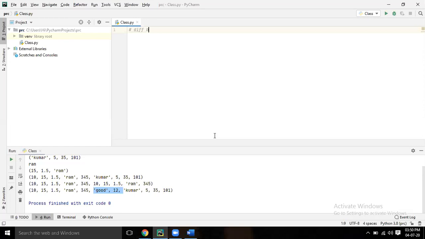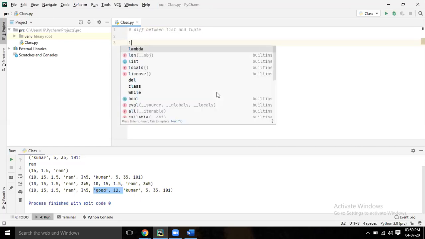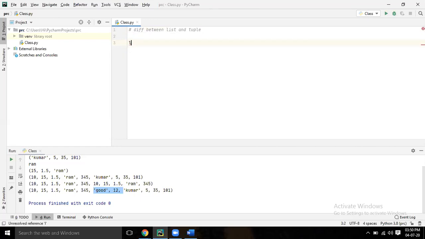Now the next topic is the difference between list and tuple. Let's create a list. L equal to. List means you have to give square brackets. Now 10 comma, good morning.